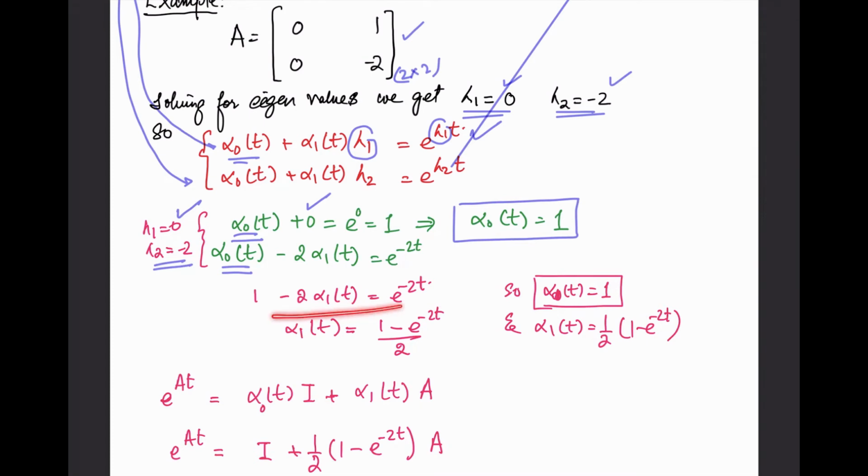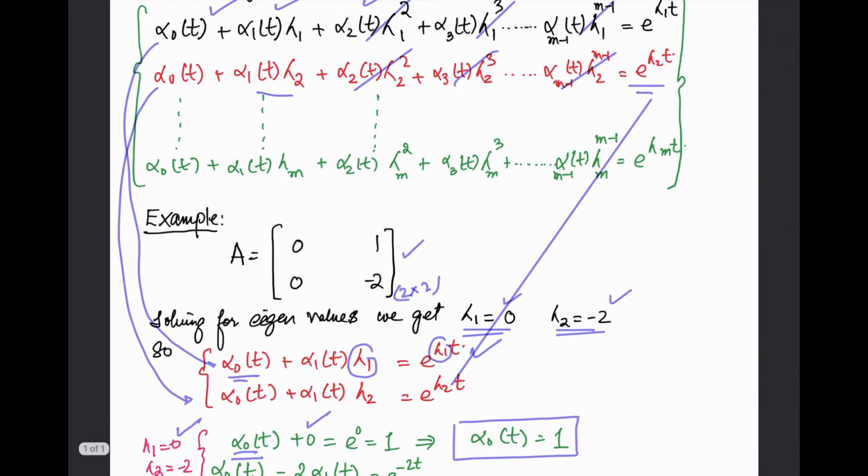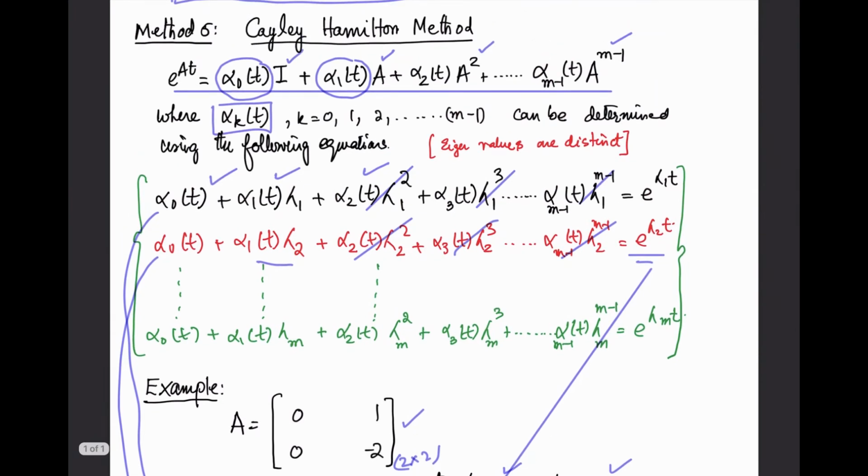If we solve it for alpha 1, we are going to get this equation, or this can be written like this as well. So we have calculated alpha 0 and alpha 1. Okay, now what is the state transition matrix? State transition matrix is obtained with the help of this one: alpha naught t into I plus alpha 1 t into A, right? So from where we are going to get that is this equation, because in this equation